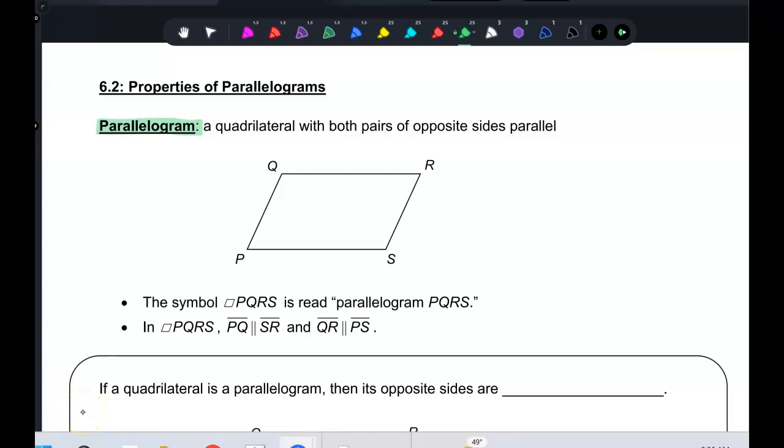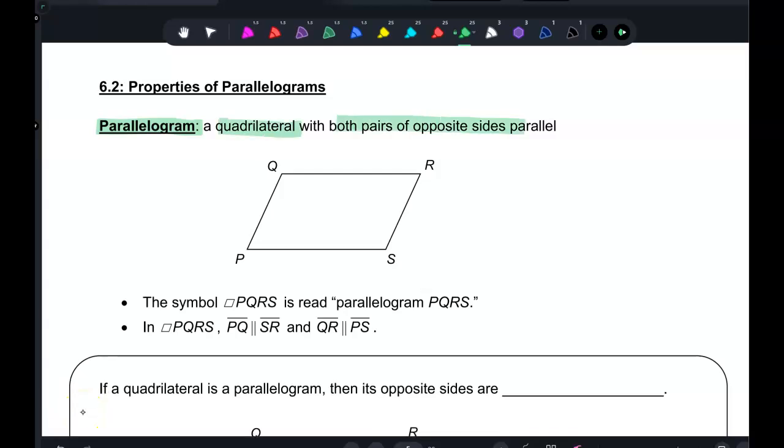With both sides are parallel. So that makes QR and PS parallel. And then I'm going to put 2 arrows on the other side to show these 2 are parallel and these 2 are parallel. If that's true, we can say this is a, you know how we put a little triangle symbol in front for triangles? We could do a little parallelogram symbol